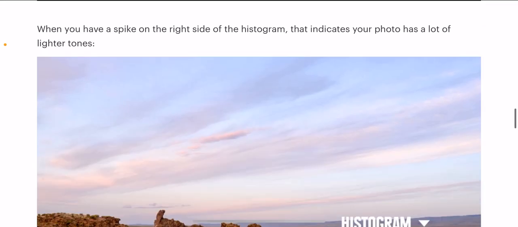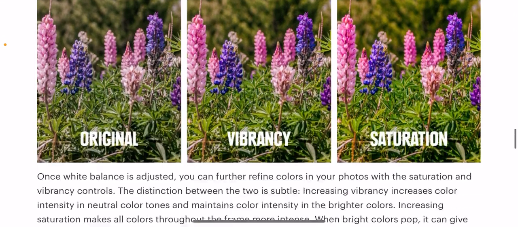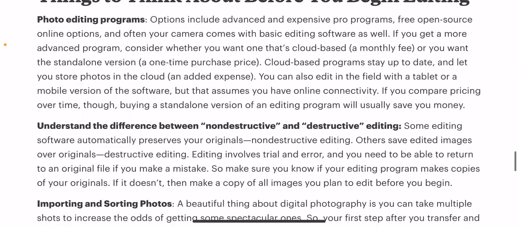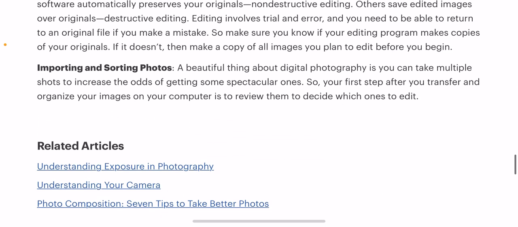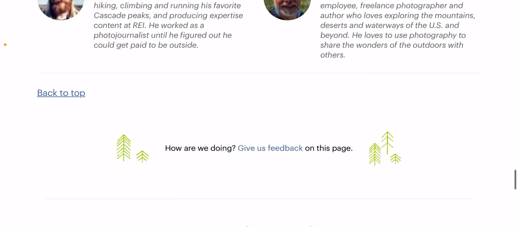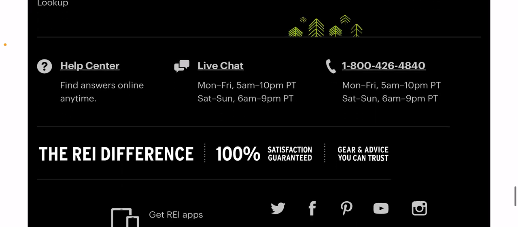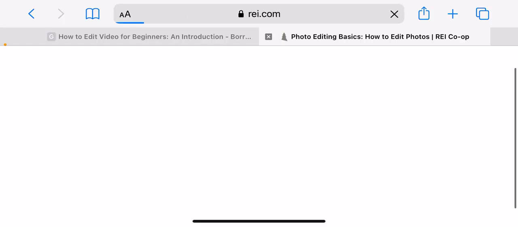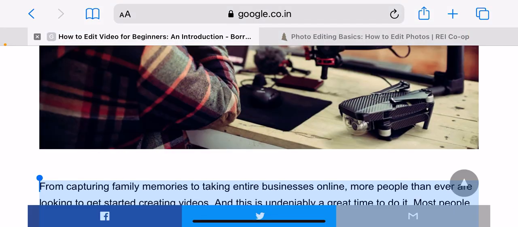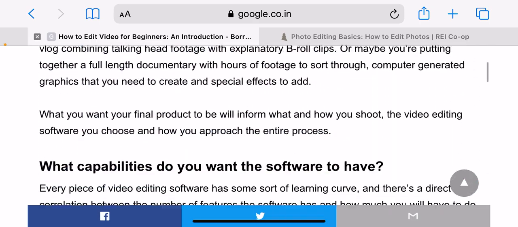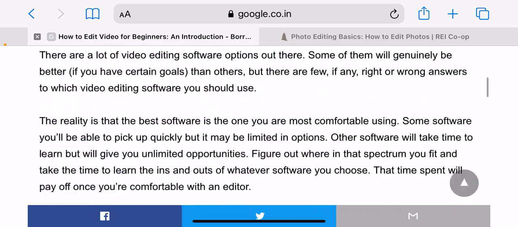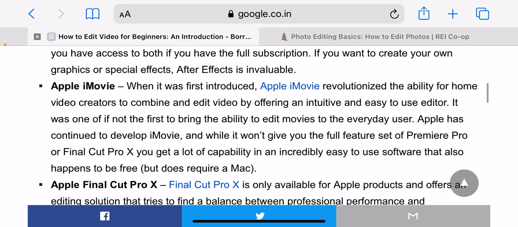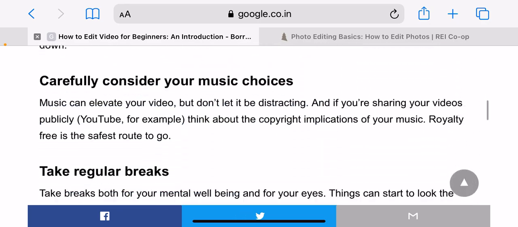Third is adjust exposure and contrast. Adjusting exposure. This is the process of making the photo exactly as bright or dark as you want. Note that noise, a mottled look, can sometimes be introduced when you crank up the brightness. That's why it's always better to get the correct exposure, one that's sufficiently bright, when you first take the photo. Adjusting contrast. Contrast is the range of dark to light tones.